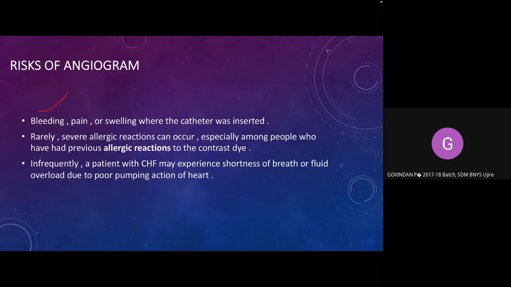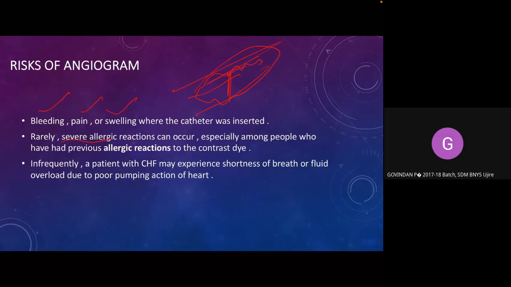Anaphylaxis can happen. Pain can happen. Swelling can be there. Why swelling? Because you have punctured an artery and then closed it, and this artery can leak here and become a hematoma. Okay, bleeding, pain, and swelling, and allergic reactions can occur in people who are allergic to iodine,